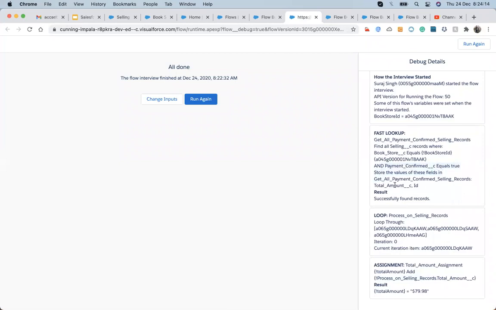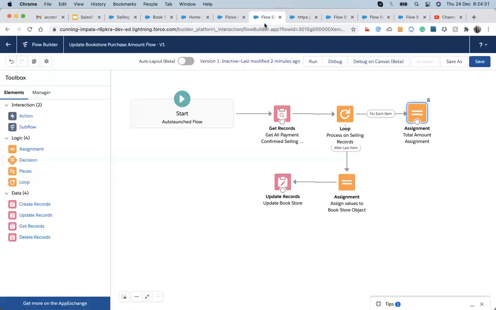Equals true, and then successfully record found, and then we loop on this. We got 3 record IDs, that is also correct. And then the current record is this, and then it comes up here, processes and then stops. Now why does it stop? I think it's a callback issue.